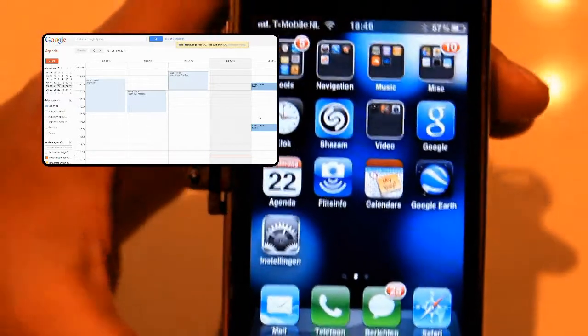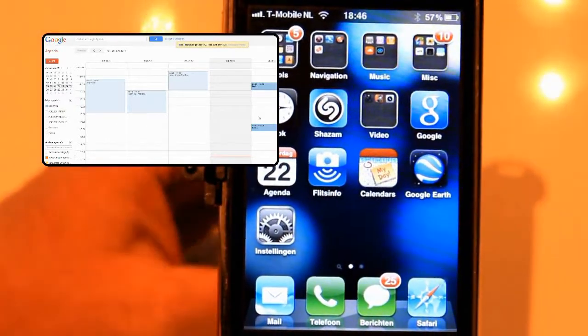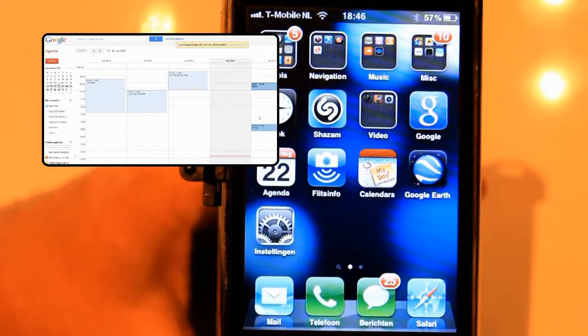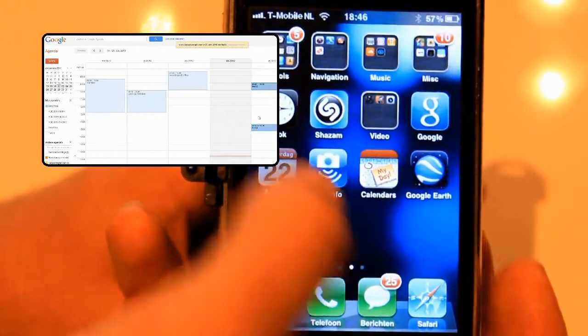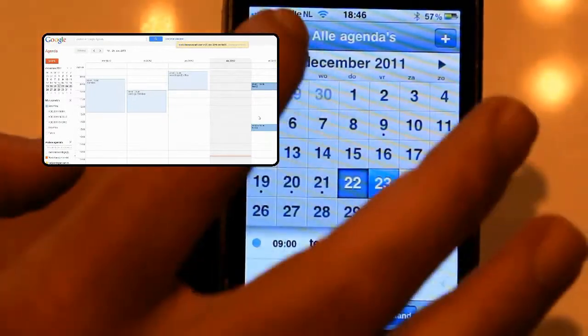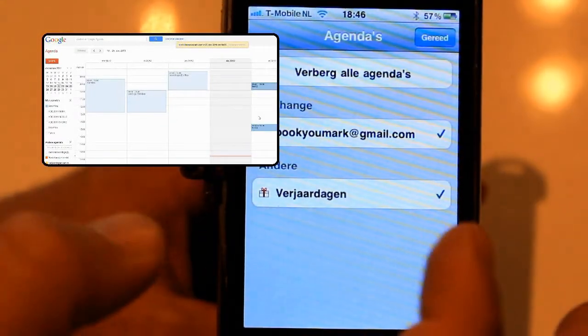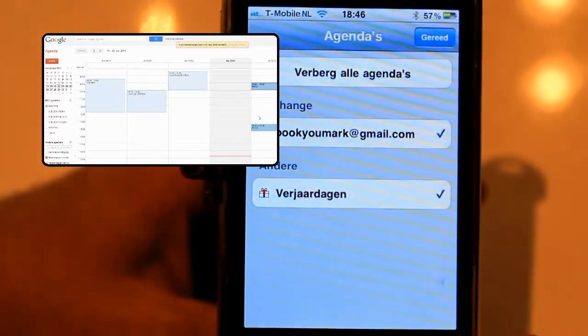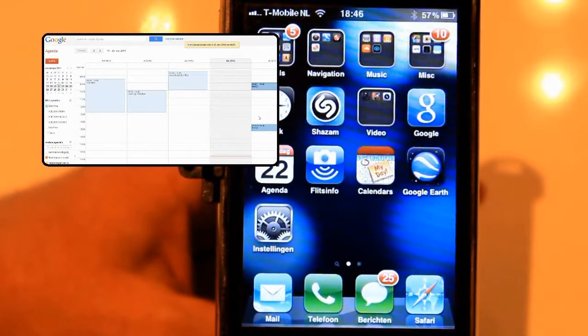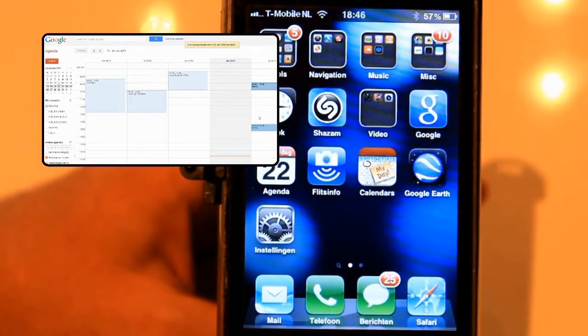And how long will it take to sync all my calendars? That will depend on what kind of internet speed you've got and your settings. So if you go to account settings, you can actually choose how often you want to sync it, and that depends on yourself. I've put it on 15 minutes, so it syncs mine every 15 minutes. But if you want to sync it every hour, you can sync it every hour,